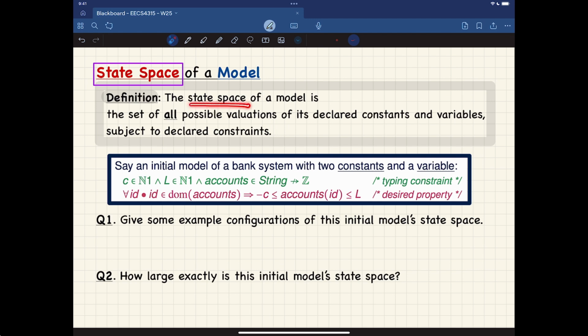The state space of a model is the set of all possible valuations of its declared constants and variables. Okay, so here you want to watch out for the constants and also variables. So these are the two things which are the case in 3342, and in this course, TLA plus the Pascal, you also have a similar way to define constants and variables. And when I say valuations,